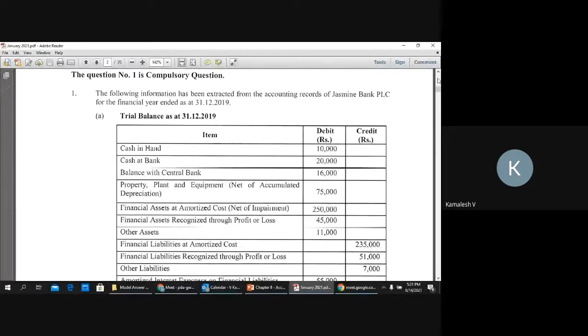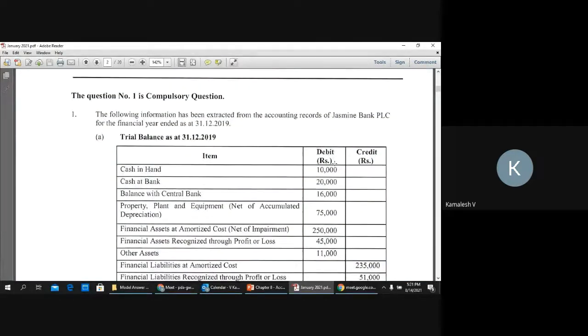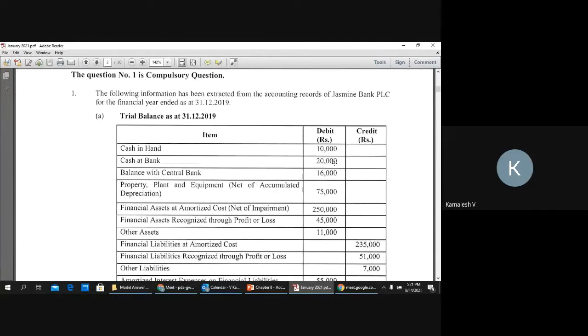So what I'm going to do now is show you the question paper of January 2021. So this is question number 1, right? Where you are given a trial balance, you see. It is not always the case that you will get a list of account balances and you do the trial balance. Now here the trial balance is already given to you, right? So if you want, you can just go through. I hope the paper is already given to you in the portal. You have a lot of items here, right?